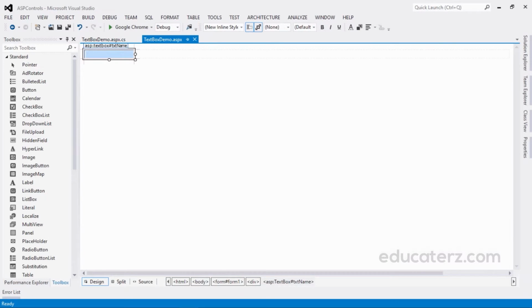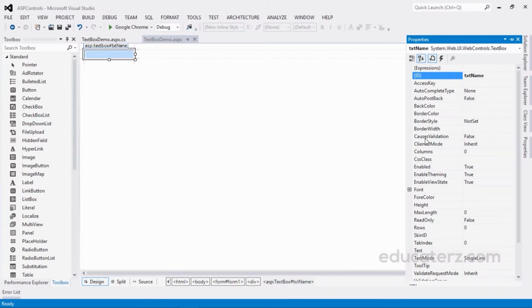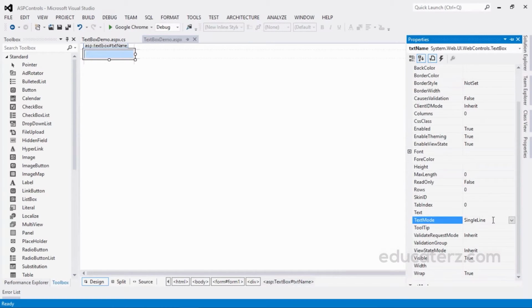So let me see the different properties of this text box. The first property is the text mode property. By default, it will be single line. Now, if you change it to password, what will happen? Now, run it again. Earlier, we were able to see whatever we typed in this text box.